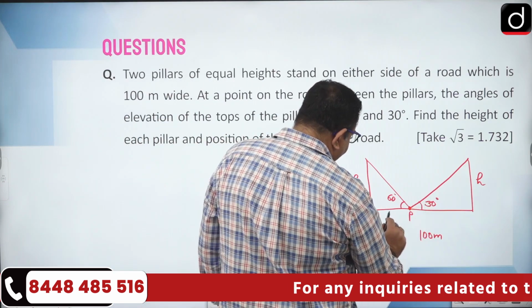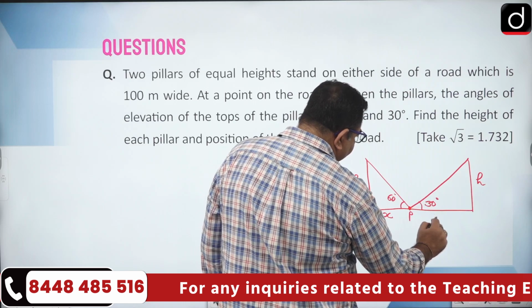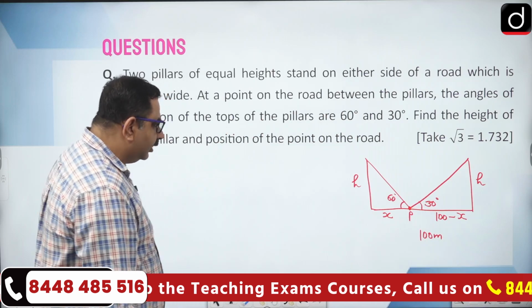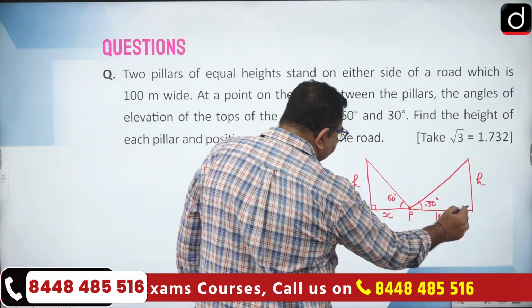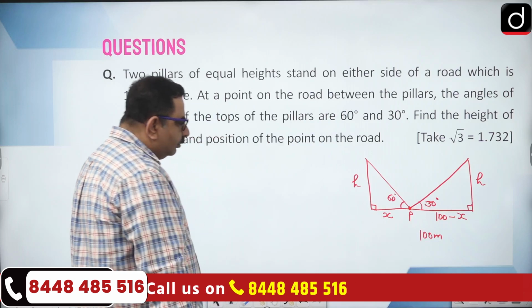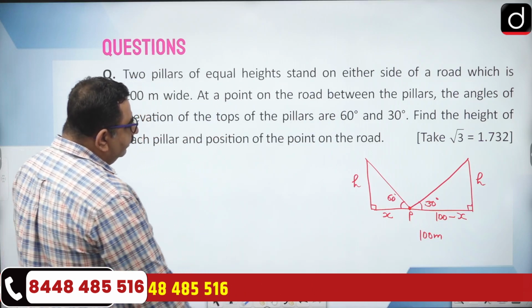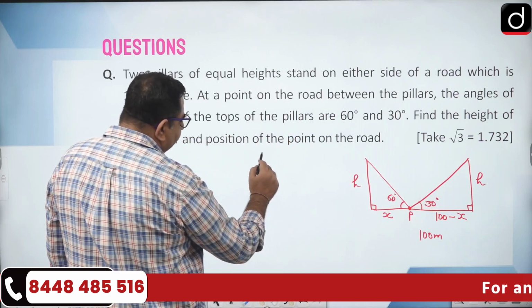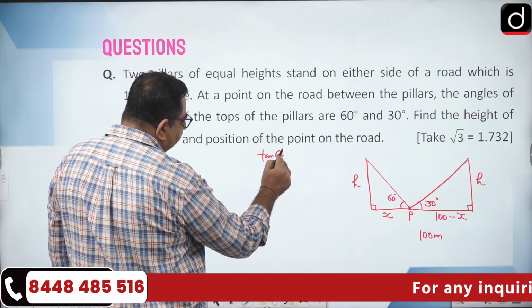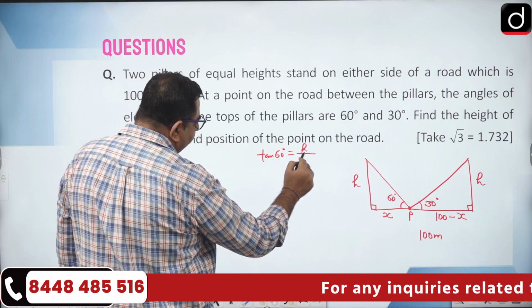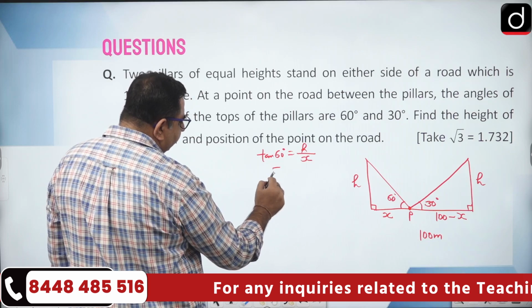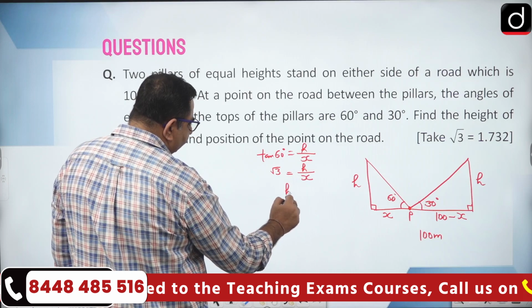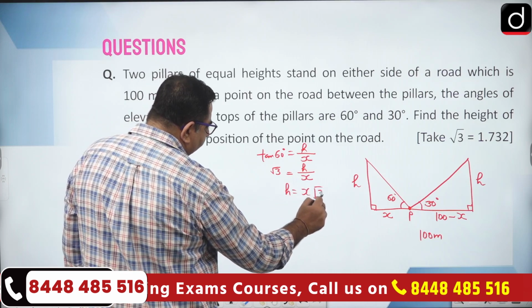So suppose if I consider this length as x, then this length will be what? 100 minus x. Okay, and these angles obviously are 90°. So again I can apply tan 60° here and tan 30° there. So if you apply tan 60°, tan 60° is what? Height upon base, right? Tan 60° is root 3. It is h by x, right? So h is equal to what? x root 3,